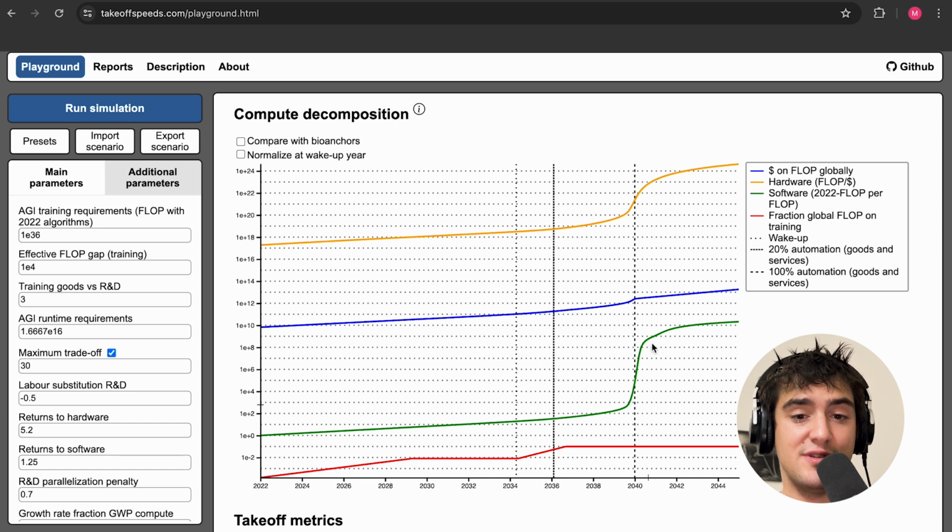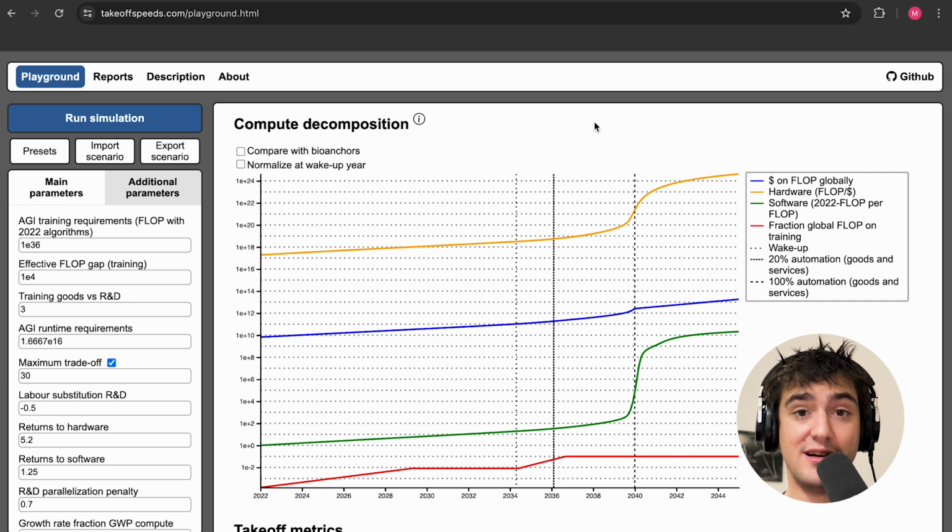So these positive feedback loops enable us to model what would happen as we get very close to AGI, when we can actually use our AIs to do all of the AI R&D for us, and therefore reach AGI even faster. This is what you see here, as when we approach 100% automation, we're basically approaching AGI, and we have those big jumps in log plots spreading across multiple orders of magnitude.